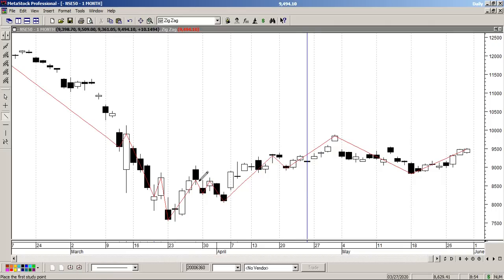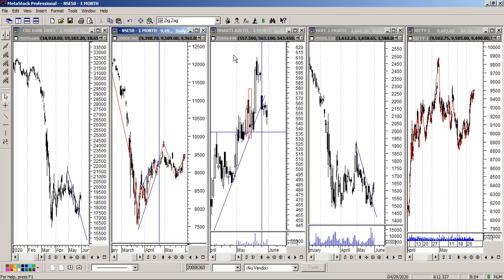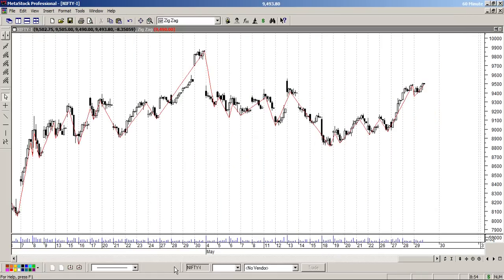See, highs are higher, lows are also higher. So basically we have a rising peak and rising trough. When this high gets crossed on this day, somewhere around 24th April, I can say that okay, now the market has changed for the upside. So what I'm going to do is go to real time data, and I'm going to mark 24th April.